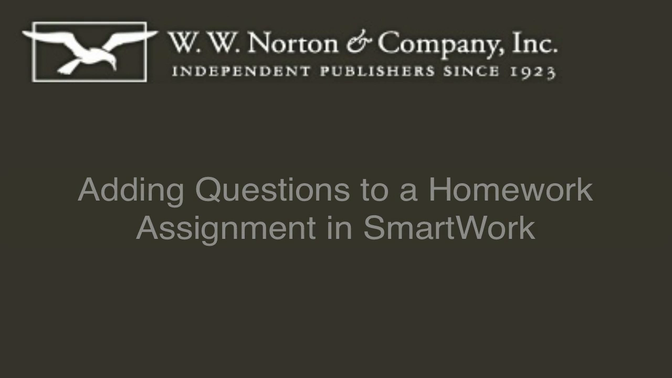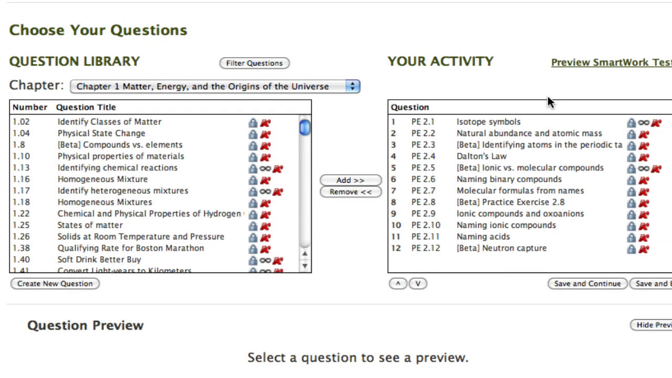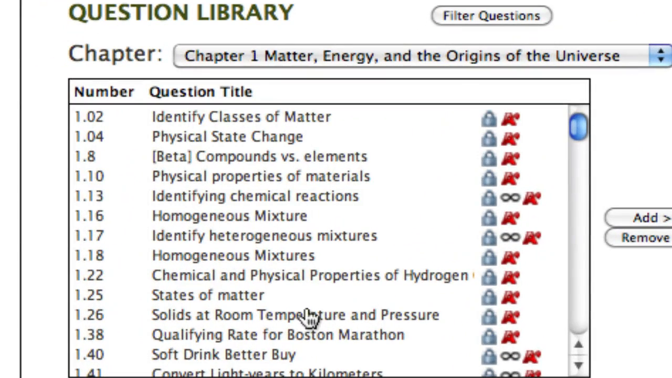So let's start by adding a few questions to a pre-made assignment. I'm going to click on Practice 2, and as you can see in this right-hand box, this is my pre-made assignment with the questions that are in there. And then on the left-hand side, I have my series of questions that I can choose from in the question